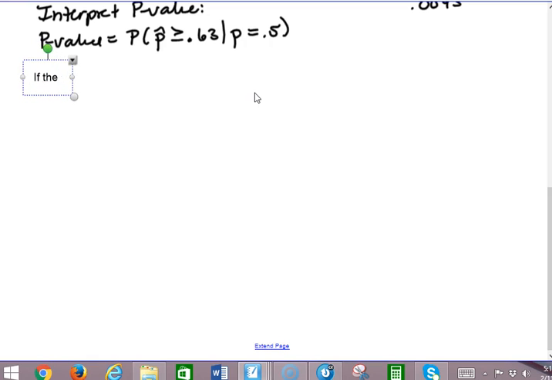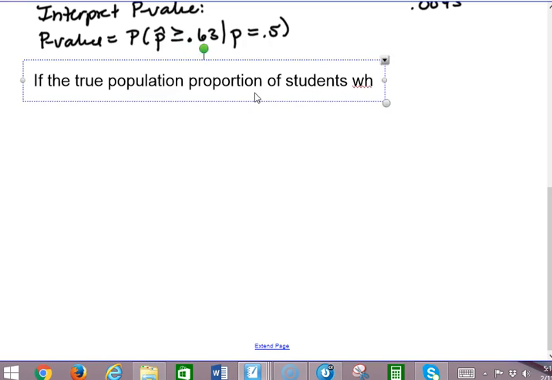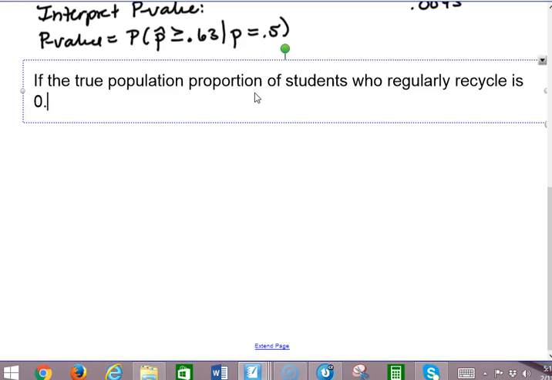If the true, let's make this bigger so you can read it. If the true population proportion of students who regularly recycle, that is really hard to say fast, is 50%,